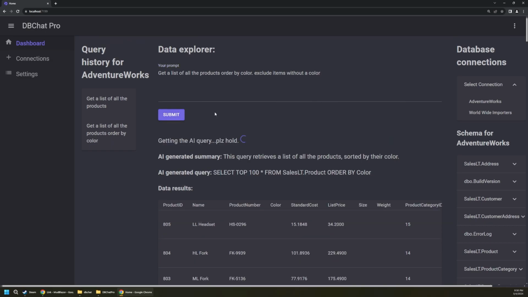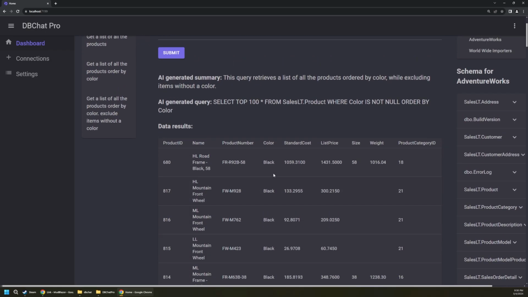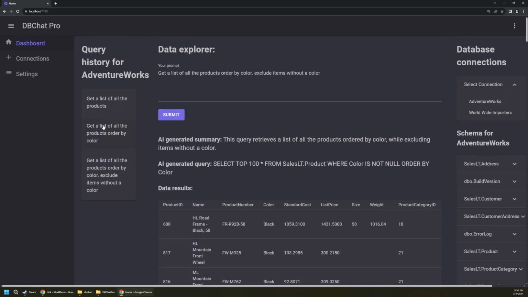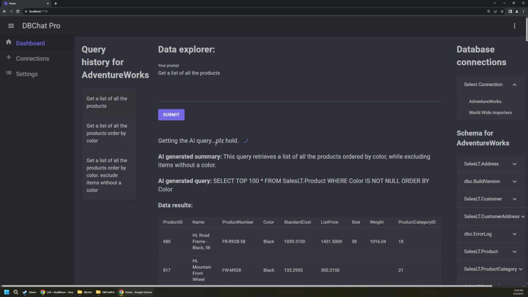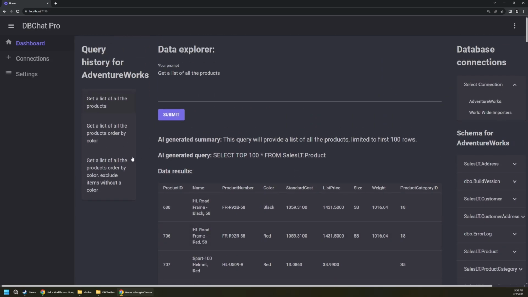So this is very flexible. The AI, we're getting our query, it's going to understand what we're asking for. And notice that all of those empty colors are now gone, and we're starting with black since that starts with a B. And over on the left, these queries are starting to pop into our history. So if I were to click on get a list of all the products again, it's going to bring back our initial query that had all of our different colors,